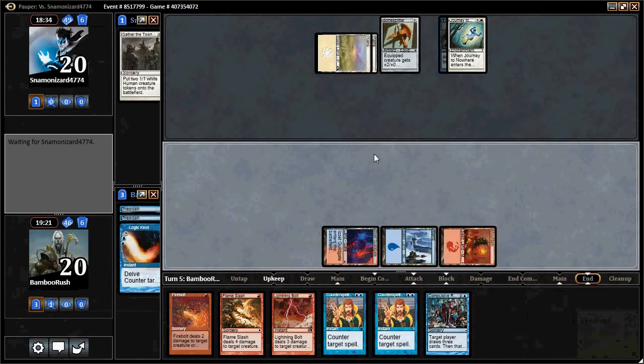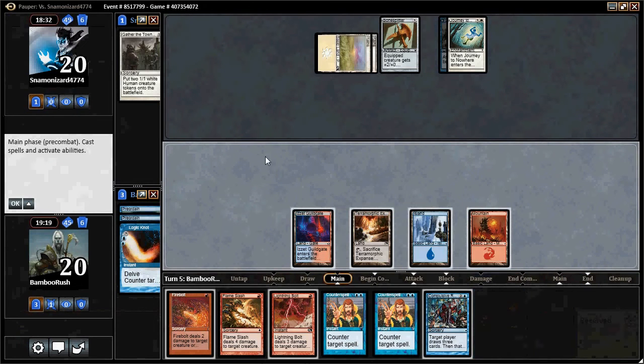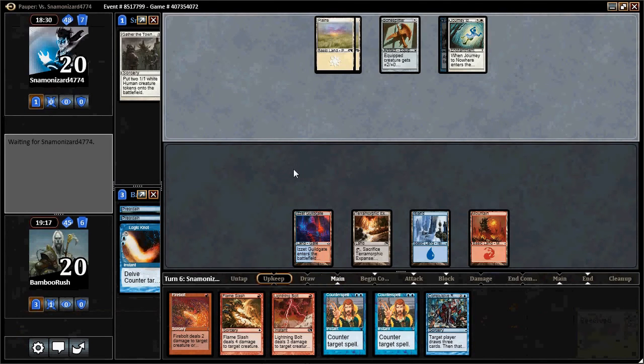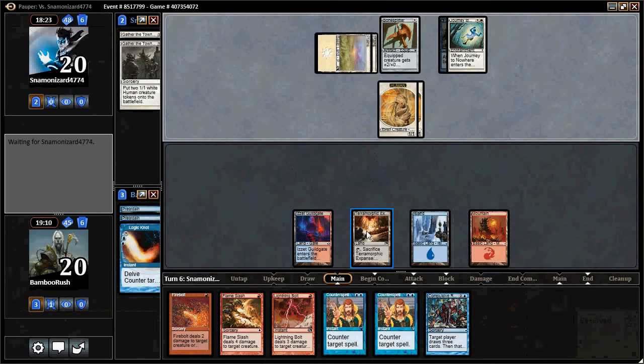To start countering stuff, anything that's like a 2-for-1. Alright, we'll pass. Man, this game would have been just a runaway, but he found his land. So whatever. Another Gather the Townsfolk. Guess we'll let him have it. We'll burn one guy, and I mean, all of his guys are...